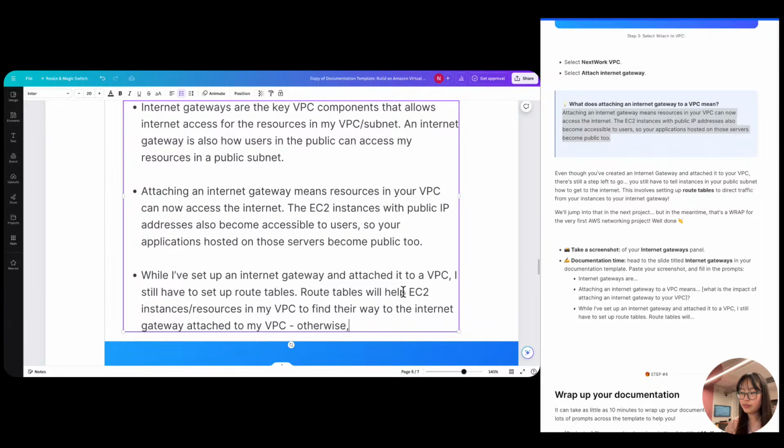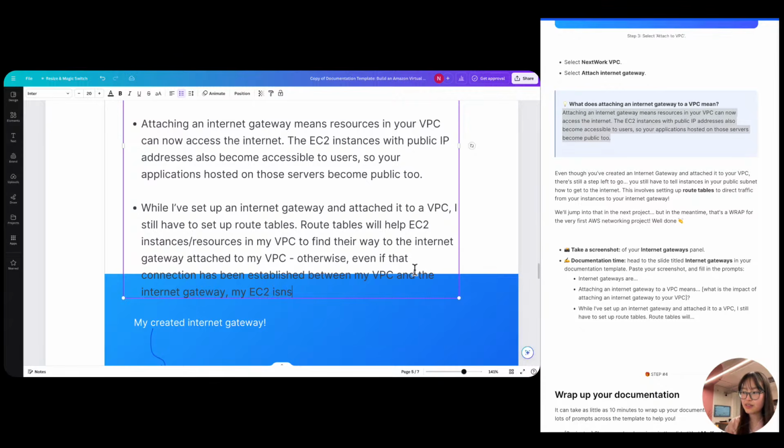Otherwise, even if that connection has been established between my VPC and the internet gateway, my EC2 instances would still, I want to say lost, but I don't know if lost is the appropriate word for this situation. But my EC2 instances would still struggle